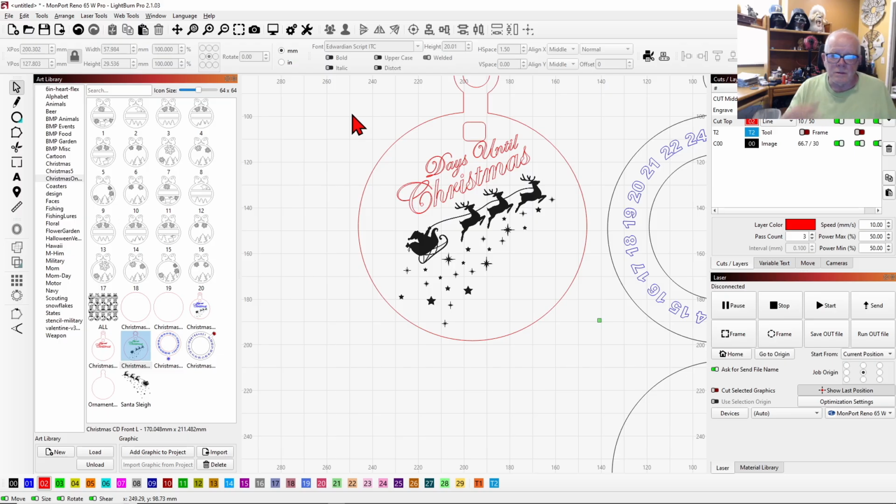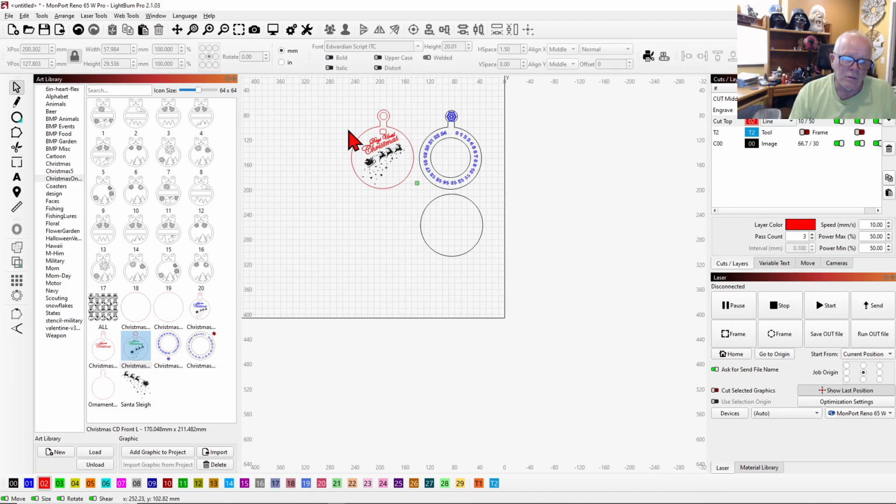Okay, so that gives us our ornament. So all you gotta do now is you just take it down to your layer and you cut out all three of these parts. When you glue it together,